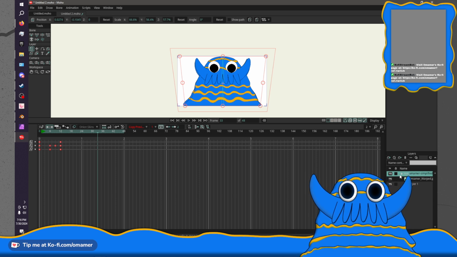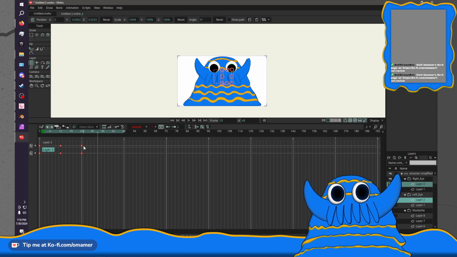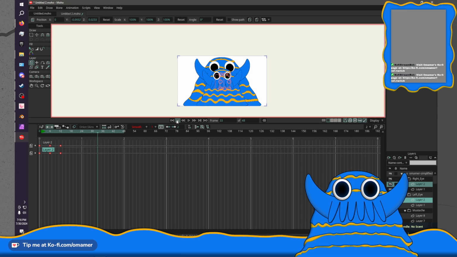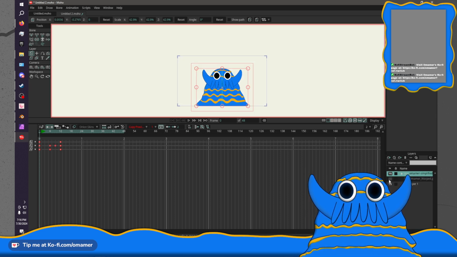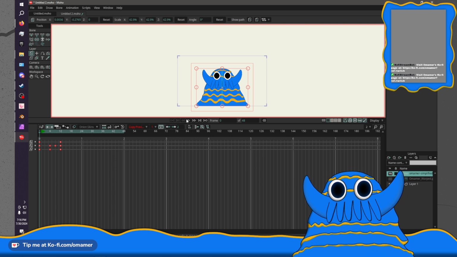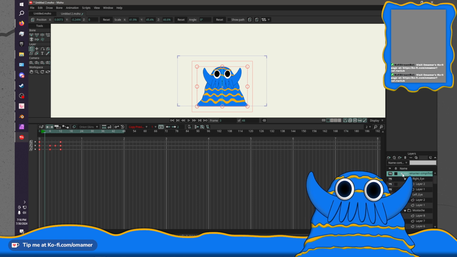And we gotta do the same thing with the eyes. I'm gonna go ahead and turn off this reference layer. We're done with it. Oh yeah, I forgot about the mustache.